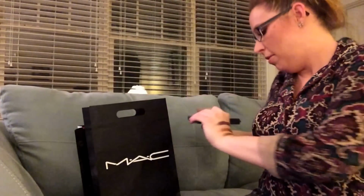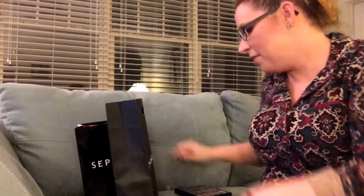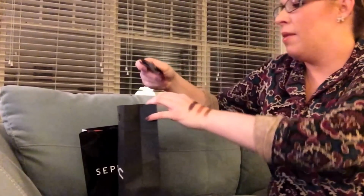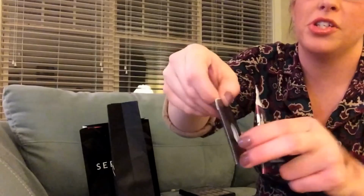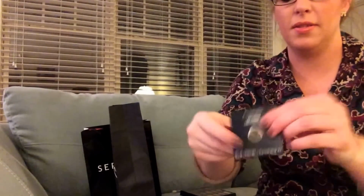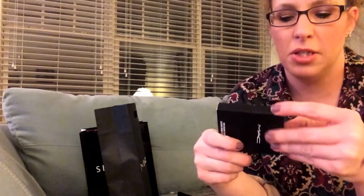part one of the haul. So I got that replacement 217 brush because I left one of mine down there. And then I also got, oh, by the way, Makeup Geek pan shadows. They come just like MAC shadows in these little guys. Cutest little envelopes ever. And then your shadow just comes in pan form right in that envelope. So, and then this is just the matte packaging. And then I did not have a 4-pan. This is just an empty,